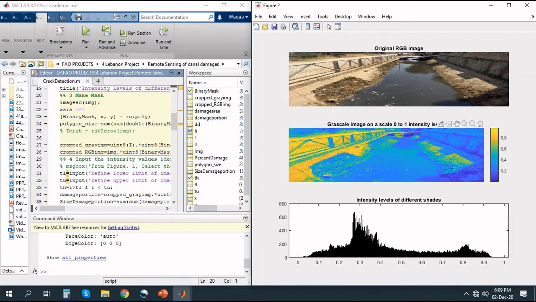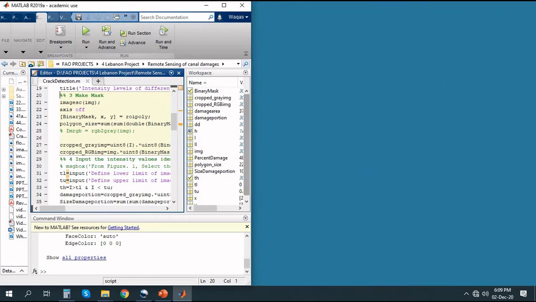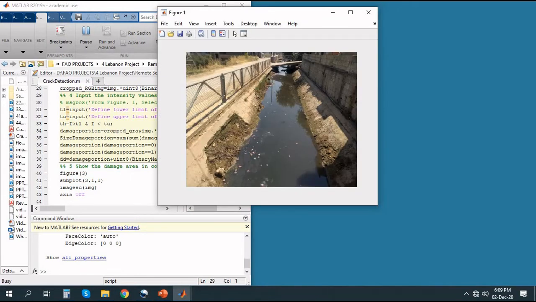In this tutorial, an image intensity level of 0 to 0.84 is used to represent the damaged portion of concrete lining. For the polygon to enclose the potentially damaged face of the concrete lining, we will run the next segment of the algorithm and identify the damage by drawing a polygon. This polygon will make the spatial subset of the data.